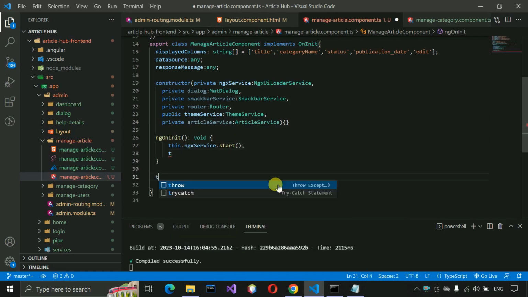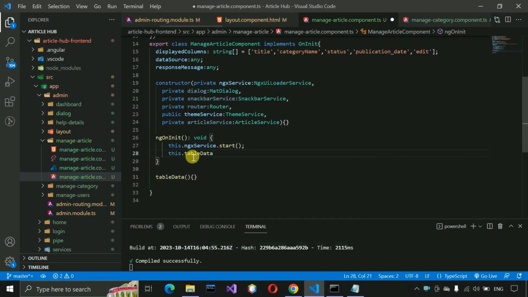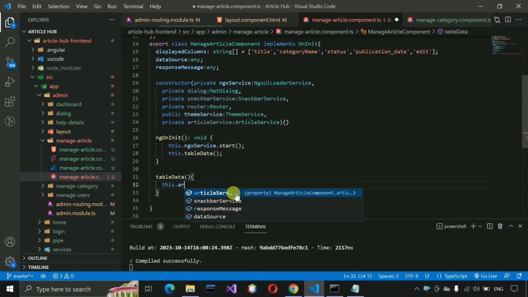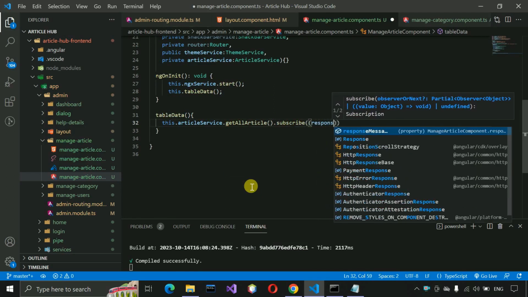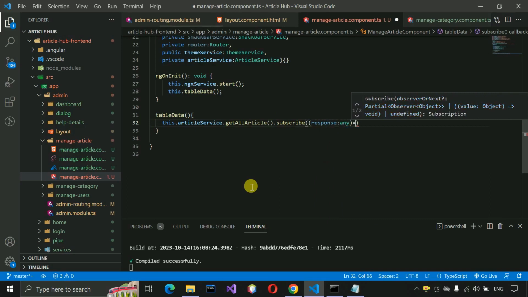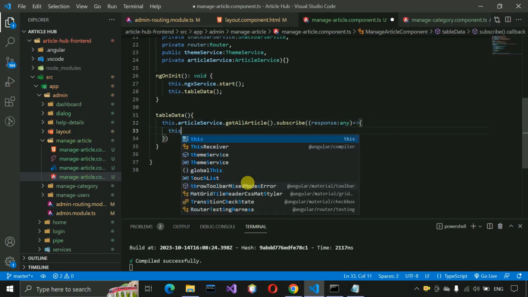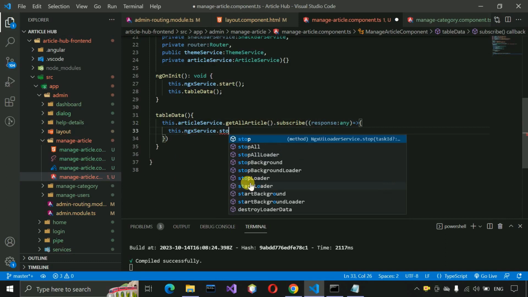So here first we need to create the table data method, and here we just need to write this dot table data, and in this we have to write this dot article services we need to use, and in this we are going to call get all articles, and then we have to subscribe, and here response any type, and here this dot ngx services dot stop,